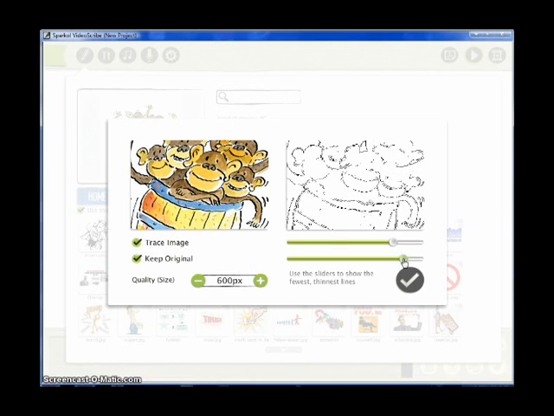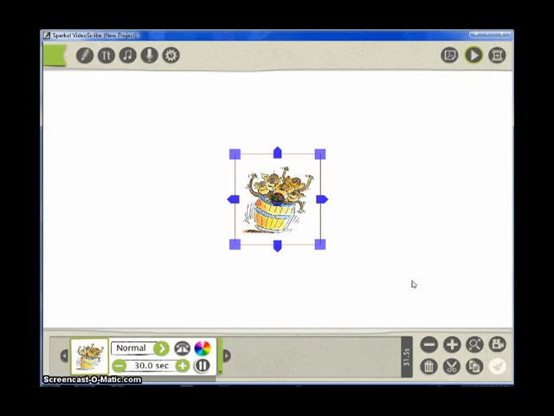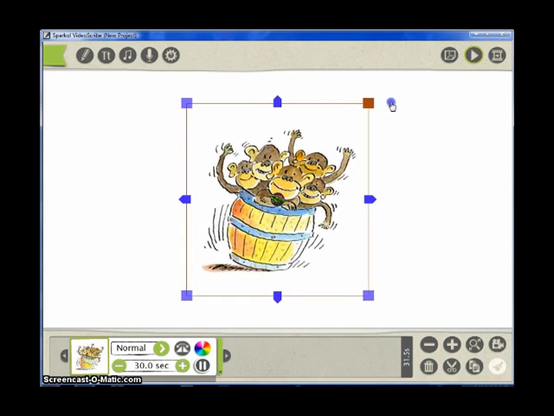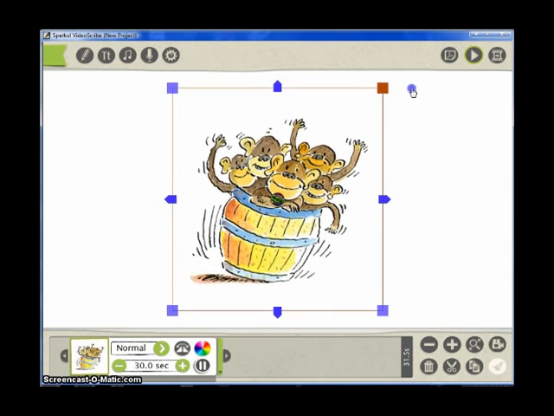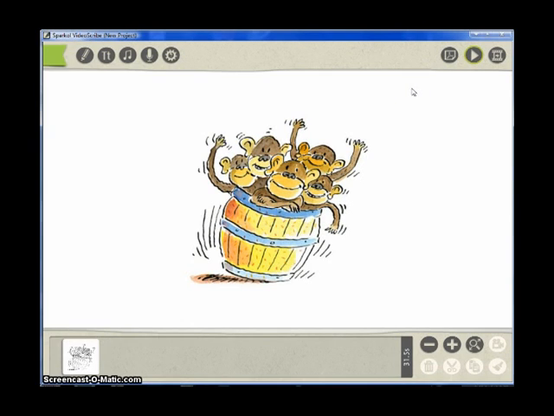I usually keep it at the default setting, but again, you can adjust it if you want. So we'll leave that, and we'll put it here onto our screen. Now, first thing we're going to do is just enlarge it. And now, as you can see, it's down here as one of my